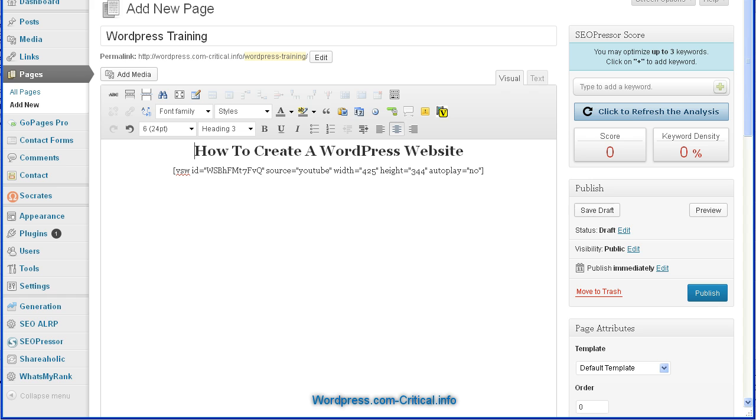Now this is just an oddity here. You may not have this same problem, but autoplay is set to no, but it still autoplays regardless. So I don't know if that's a conflict with another plugin or somewhere. There's a very good chance that in a future update of a theme, or my Socrates theme or something, that'll be fixed. But for now, I just get rid of that code altogether, and now it will play correctly,